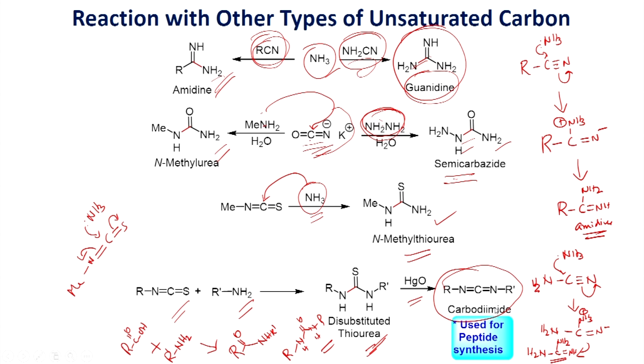If you have the carbodiimide, for example with carboxylic acid and amine, you can make amide. On the other hand, if you have carboxylic acid and alcohol, you can make ester, and basically you can remove water, which will be converted into a urea derivative. We will study the application of this coupling reagent in the synthesis of peptides in a later part.